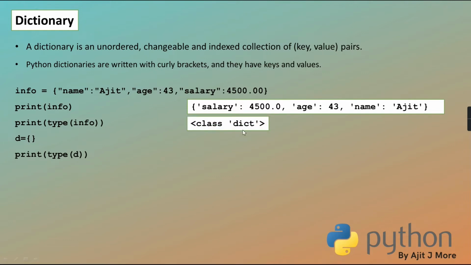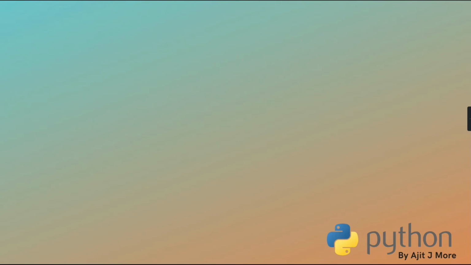And when we create an empty dictionary, the confusion is whether it will be treated as a set or as a dictionary, so it is by default a dictionary. Okay, I hope it is clear. Now next we'll see how to access items from the dictionary. To access items from the dictionary, very easy: name of the dictionary and square bracket key, it will give you the value for it. Simple technique is there.